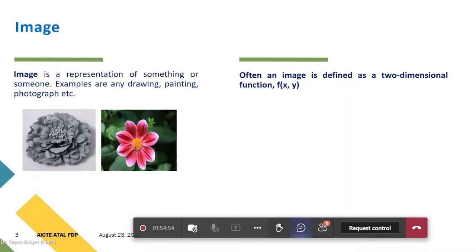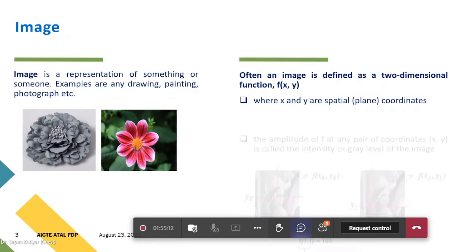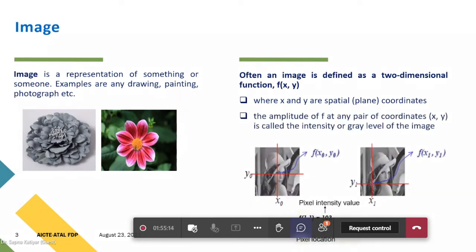So in two dimensions, it is f(x,y). F is the function and (x, y) is the coordinate at that particular point. So it means x and y are the spatial or the plane coordinates, right? And f(x,y) actually defines the value at that particular pair of points, or you can say the amplitude or the intensity, because we are talking about the image.